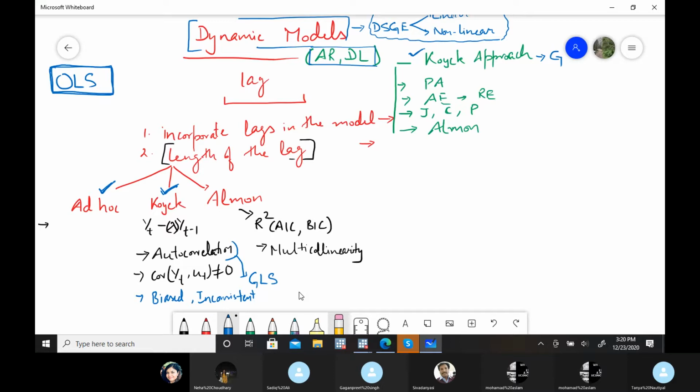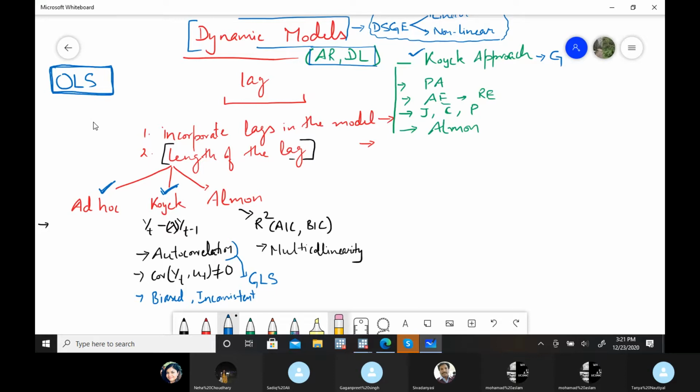For 90% of the content, the background will always remain the same. The other thing may be MLE methodology, like in SEM, in the LIML method, MLE is the background. So only these two basic backgrounds you will find in 90% of cases in econometric models.